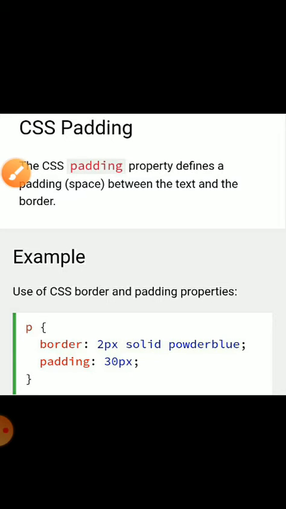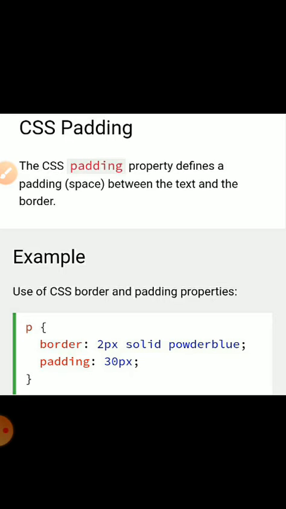Padding property, so p, opening curly bracket, border colon 2px, meaning 2 pixels, solid powder blue.